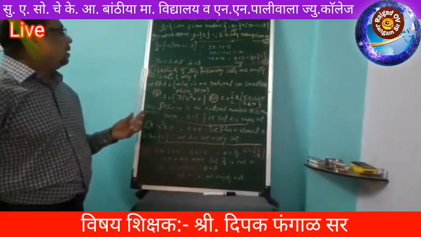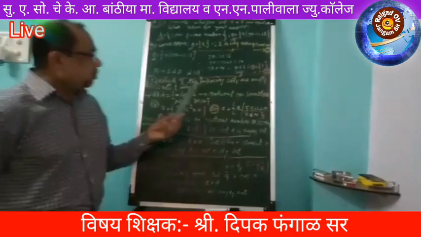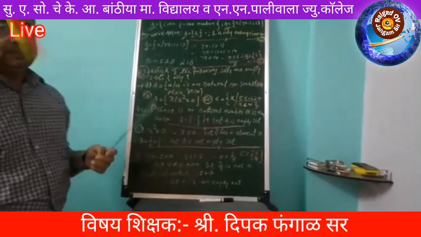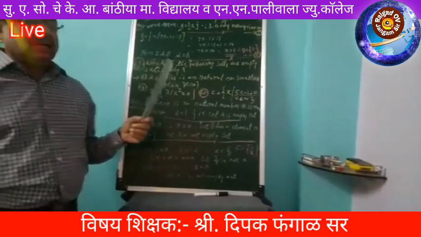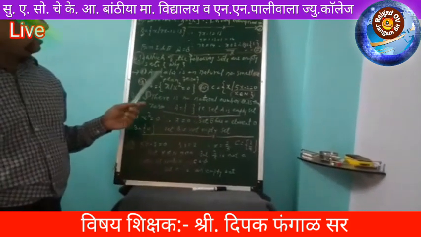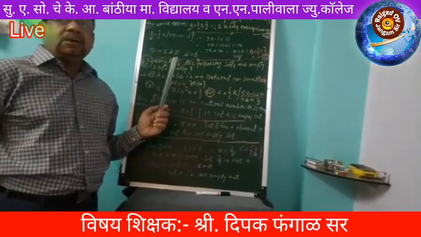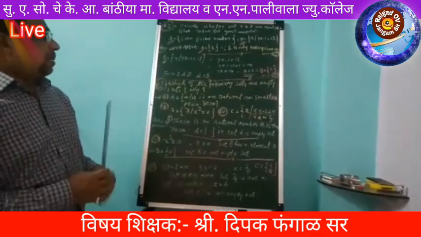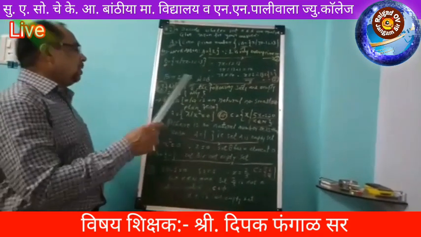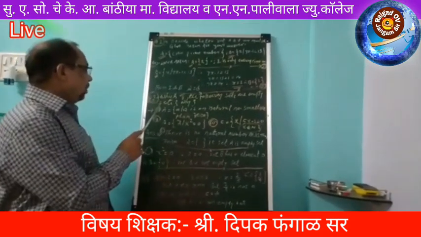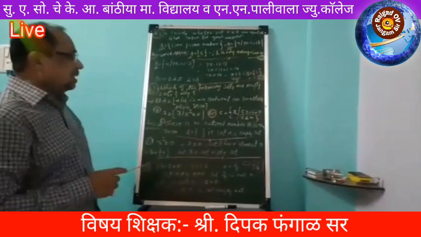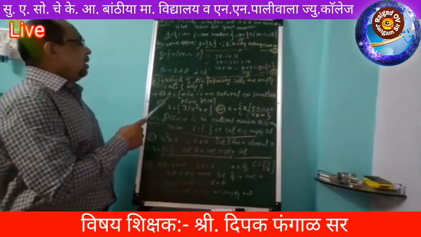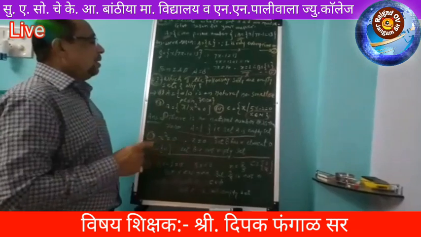Now let's solve the third question. Which of the following sets are empty sets, and why? Which is the empty set? You know the definition of an empty set. What is the definition? A set having no element is called the empty set. So you apply that definition here and solve the questions. Here, 1, 2 and 3 examples are given, and you find out which is empty and which is not. If it is empty, you write the reason.